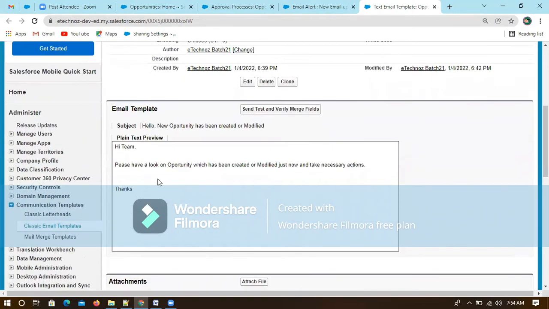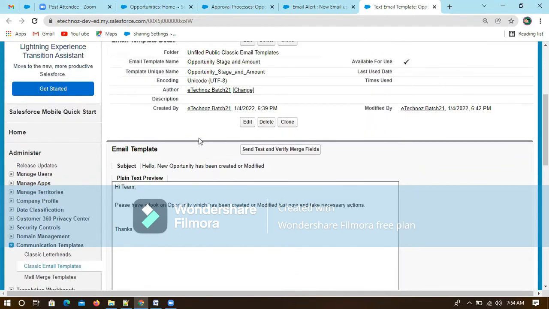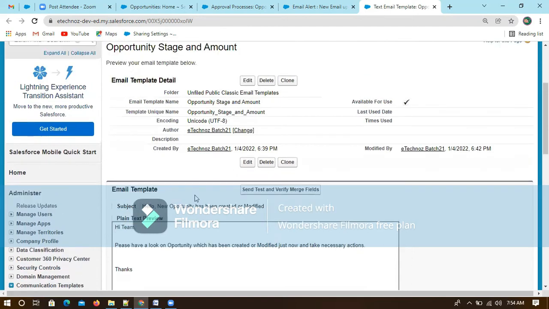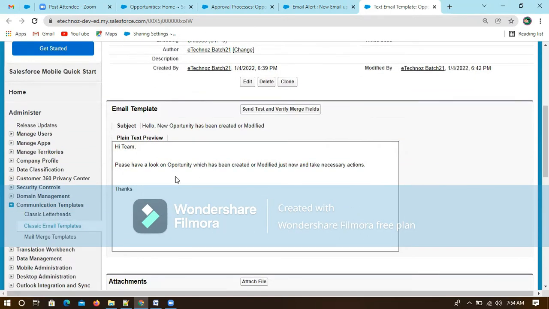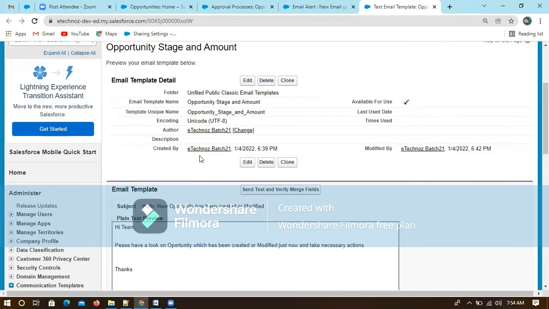Within this email template, we will be getting different types of messages, right? Like daily. In our inbox we will have multiple links. If the user is asking for links, we can provide those links as well, and the opportunity name, opportunity ID, all opportunity fields, if they want to get them in the email, we can define that as well. We will see that later, or if you want to do it right now, you can simply edit this.